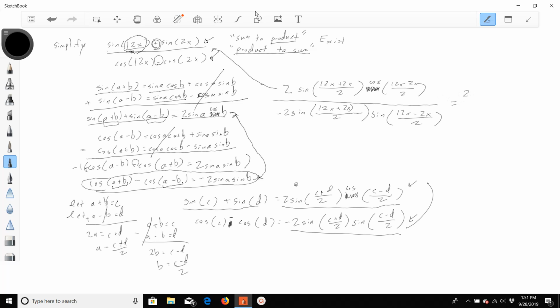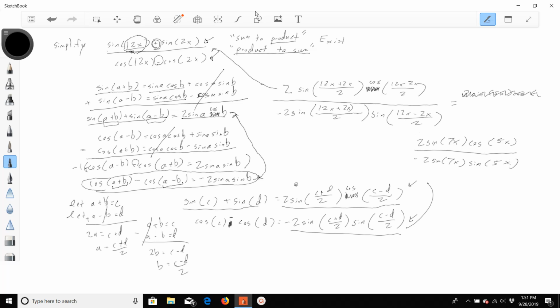Now, this simplifies into 2 sine of 5x cosine of, oh my gosh, I'm making so many mistakes. 2 sine 7x, 12x plus 2x is 14x, divided by 2 is 7x, cosine of 5x. It's getting ahead of myself. Over negative 2 sine 7x sine